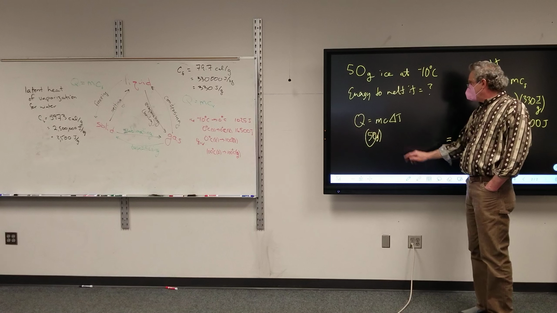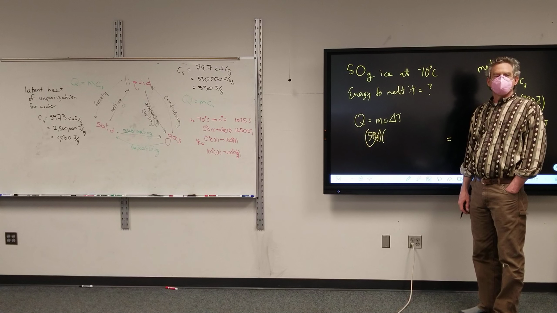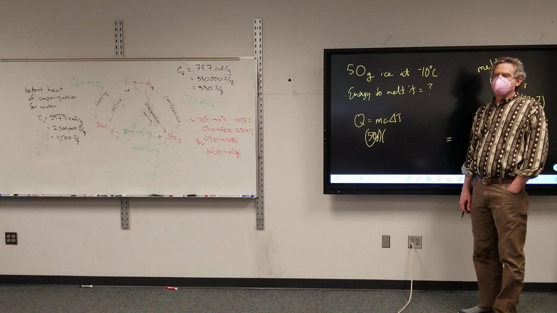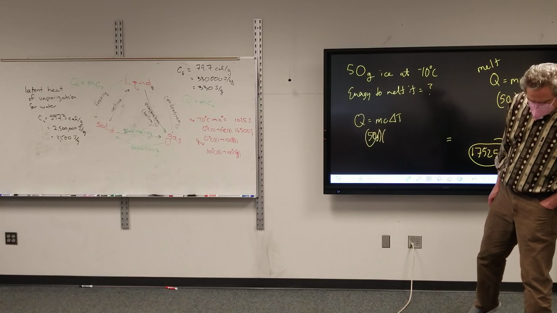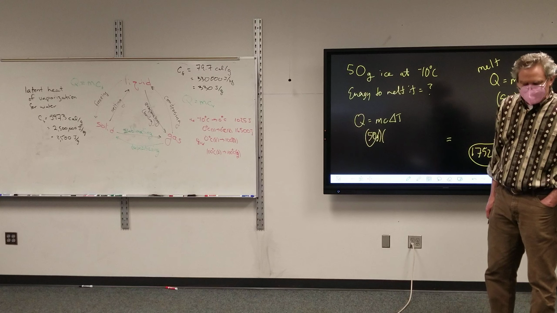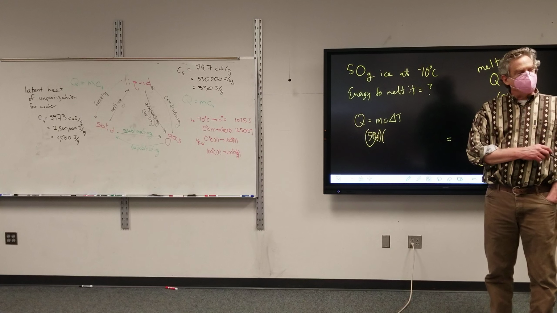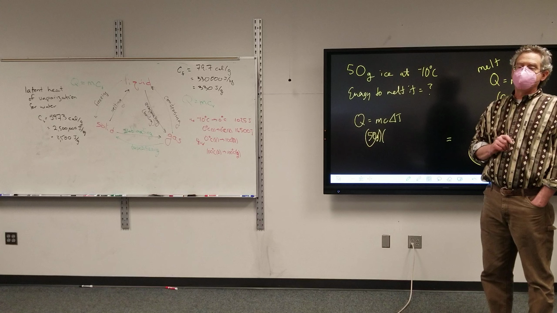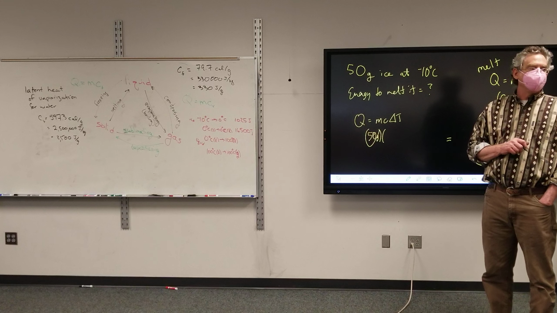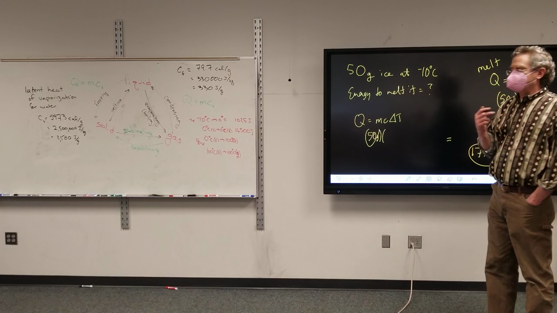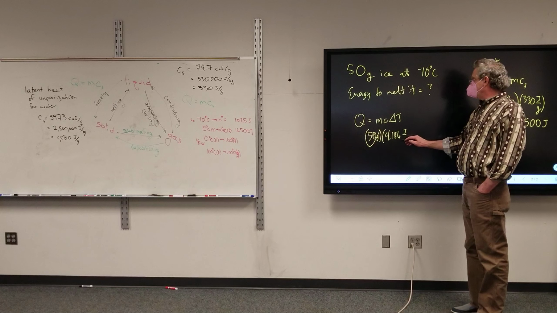All right, so specific heat of water. Say it again. Question 1. Is it 1 calorie per degree Celsius? It is. However, we're working in joules here, so what is it in joules? Joules per gram degrees Celsius. 4.186. Yep, there we go. 4.186